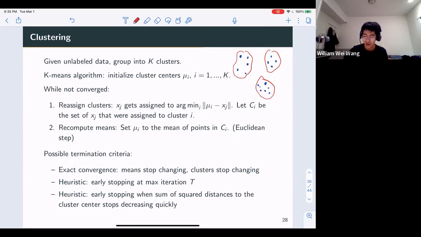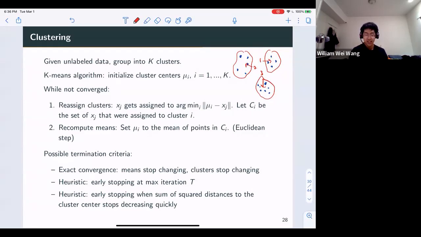K-means is an iterative algorithm where you start off with some cluster centers, like 1, 2, and 3 at these points. Then you assign points to the nearest cluster. Maybe these get assigned to 2, these get assigned to 1, and so on. Then you compute the means of the clusters and set 1, 2, and 3 to be those means. Then you repeat until it terminates. In this example, 2, 1, and 3 would each get moved over there after one iteration.